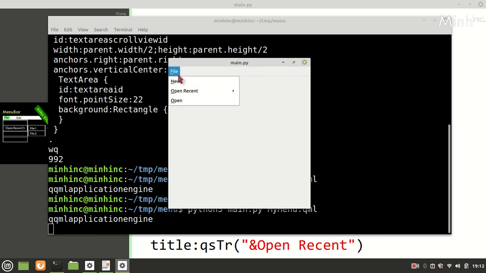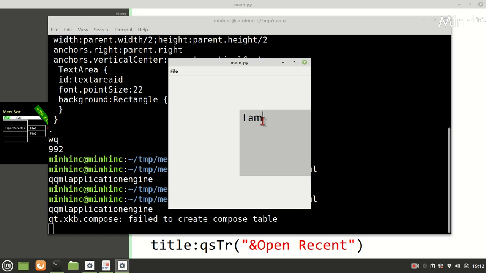From file also we can do it. If I say new, one area comes here. So it's a new file. Now I can say I am a new file to be edited. So this is the idea behind it. So new is working. From here also I can say new, then it brings a new file.